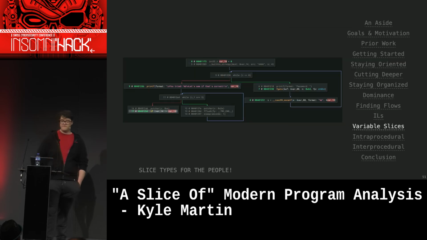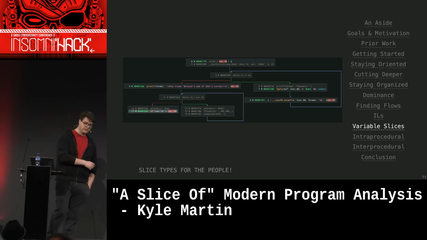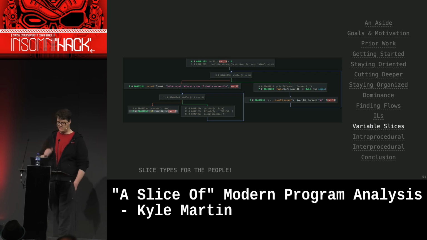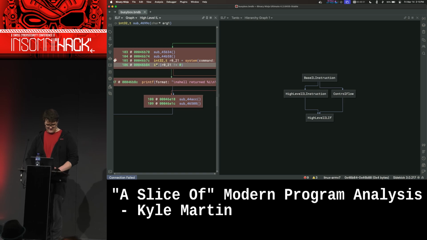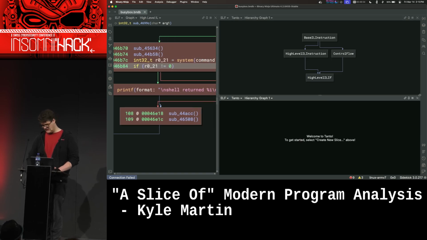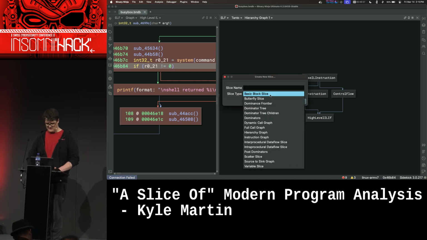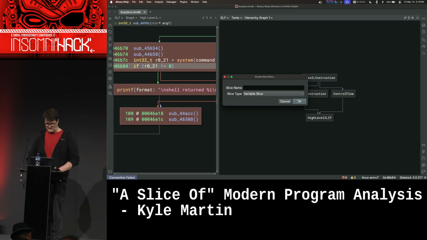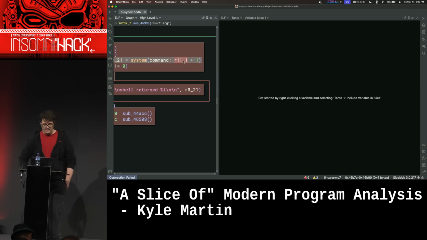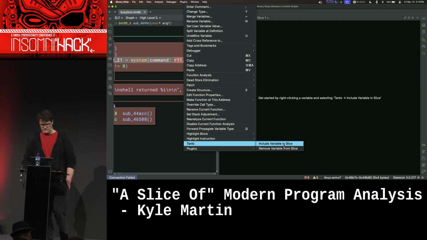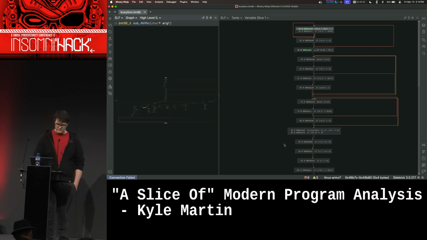All right. So variable slices. No more developer slices from here on out, just cool things to solve cool problems. This is also one of the original 2 slice types that I made in Tonto 1.0. It had the basic block slices and now also the variable slices. So let's take a look at our favorite example again, BusyBox, and we're going to do that variable. So create a new slice type, find the variable slice option, hit OK, and now we want to find where this argument is coming from. Can it be affected by a user? So let's right click it, Tonto, include this variable in the slice,